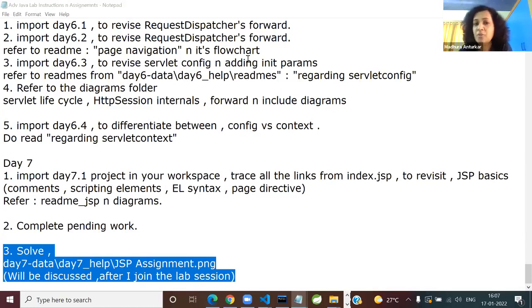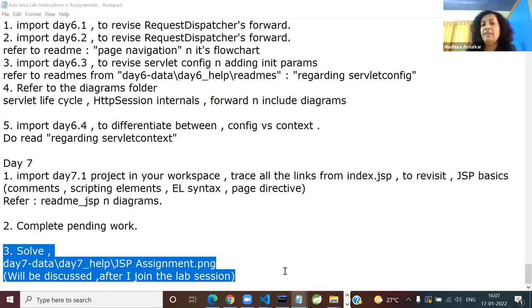Do you want to revise? Do you need some more time in finishing your revision? Or are we ready to? Okay, so it is fine. So around 4:30, you think around 4:30 you will be able to complete a basic part of the revision? Okay, so around 4:30, I will disturb you. I'll discuss the assignment, and then again you can continue with the remaining lab session.